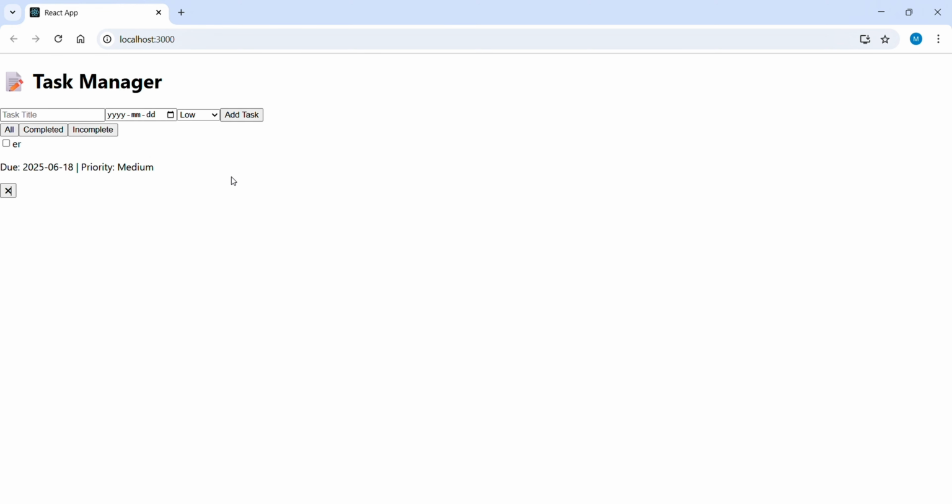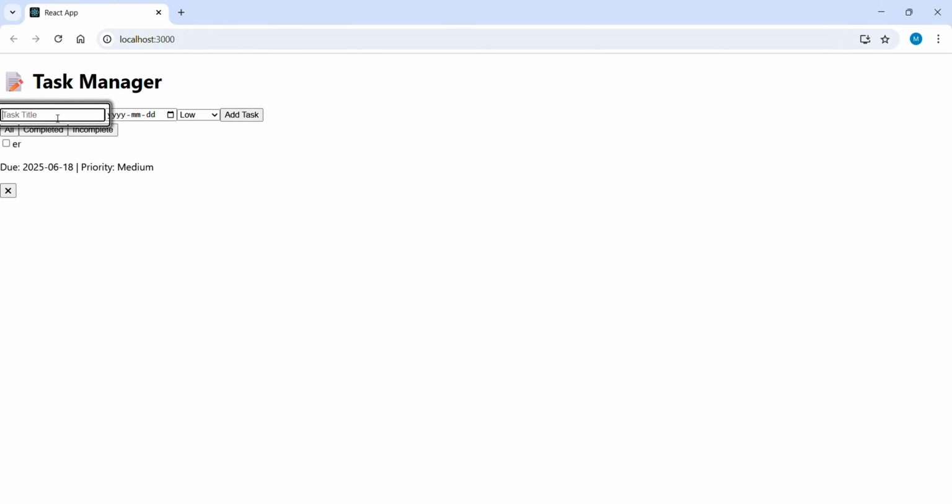It uses local storage and reusable components. You can use like task form, task list, filter bar for modularity. And I have used React with hooks, JavaScript ES6, Tailwind CSS, or custom styling, and local storage API optional for persistence.